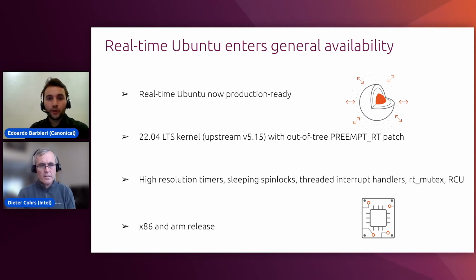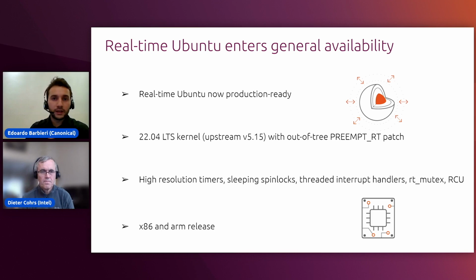So those patches are hosted at the Linux Foundation and they are not yet upstream. They are steadily being mainlined and are what partners and customers have been asking for. So by bringing commercial grade support to the real-time Ubuntu kernel production deployments, we want to enable enterprises to deliver mission-critical applications requiring the highest level of security and predictability. So real-time Ubuntu with the PREEMPT_RT patches will also continue to deliver the robust performance and the end-to-end security that our customers desire from the most widely used operating system among professional developers.